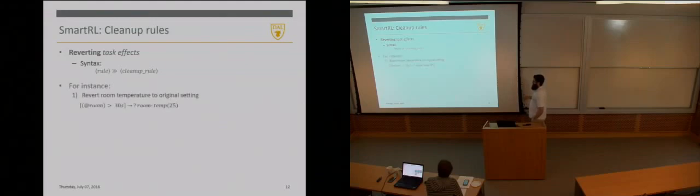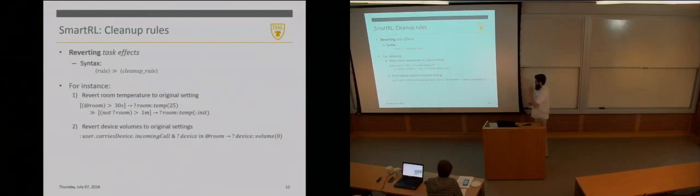So, for instance, reverting the room temperature back to its original setting. So if they're in the room for longer than 30 seconds, we put the room temperature to 25 degrees. And this has this associated cleanup rule, so to speak. So if they're no longer in that room for longer than 1 minute, we would set the room temperature back to its initial value. For that purpose, we use this special init keyword. And of course, behind the scenes, this implies doing quite some work, because this init keyword implies that we retrieve the initial temperature before we start influencing it.